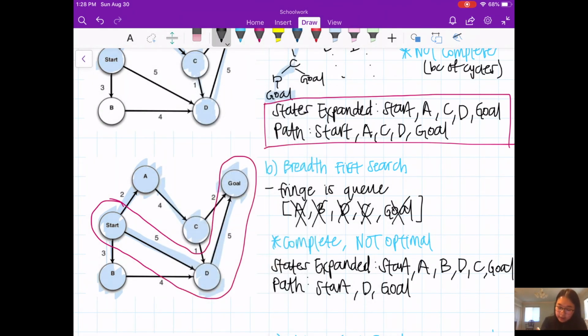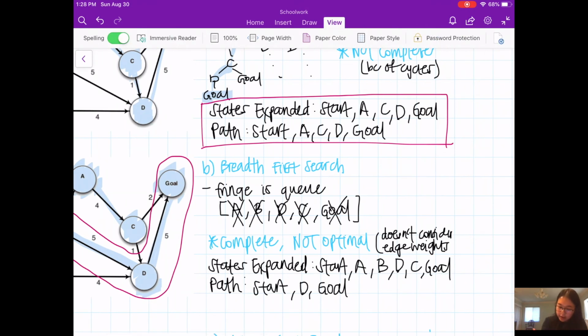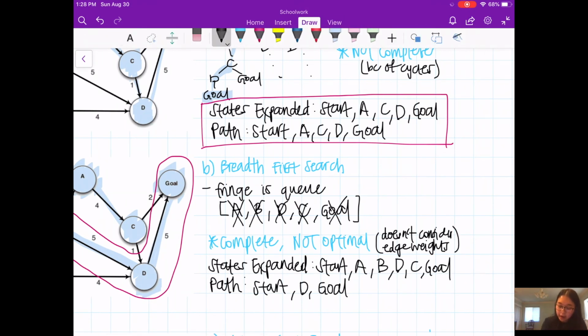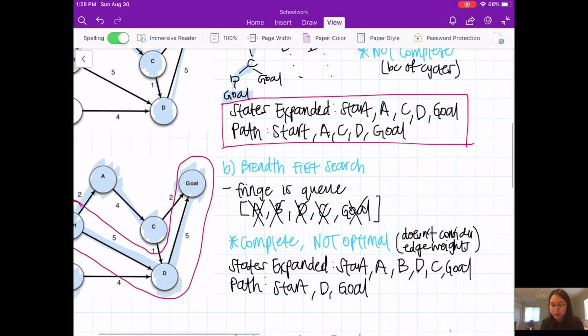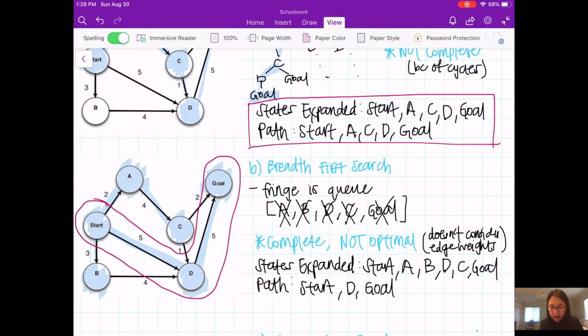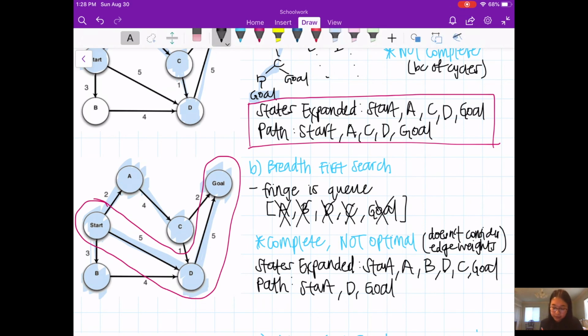That's mainly because it doesn't consider any edge weights. So because of that, it's similar in the idea that it just finds the first path that is satisfied instead of the best path. And we will actually see a more optimal path in part C.